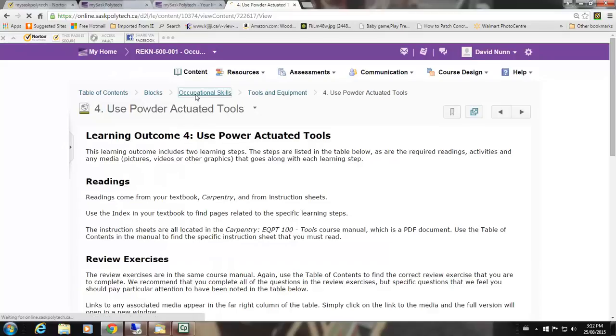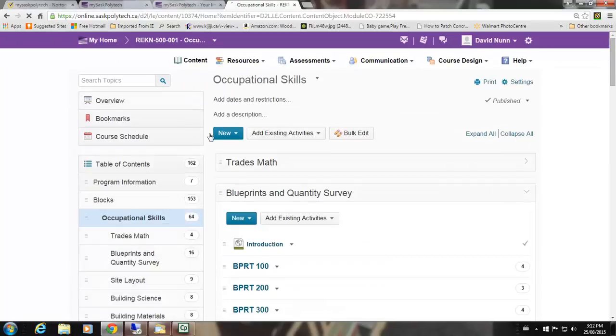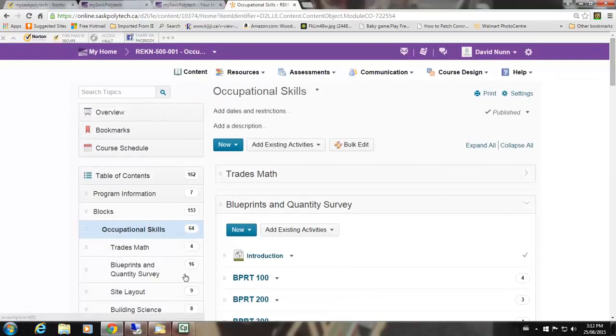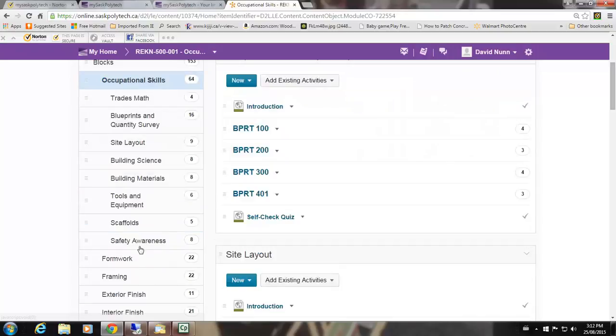Back to the occupational skills. Now I'm going through this pretty quick. I want you to take your time and make sure you read all the information before you just go barging into the course. You need to be very comfortable moving around in this thing. When you're done safety awareness, you need to contact me and let me know, because what happens now is you do your first